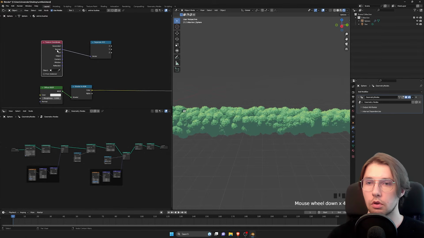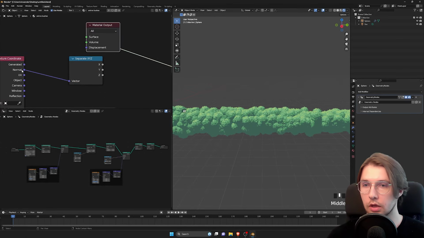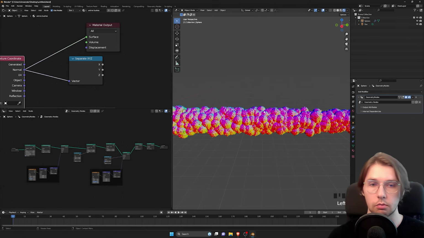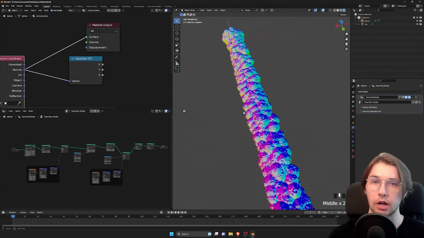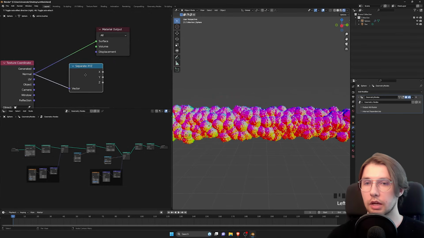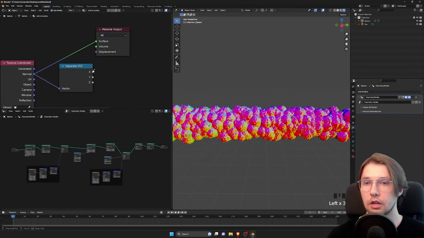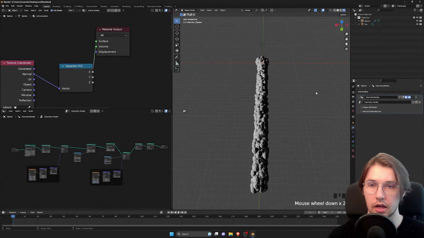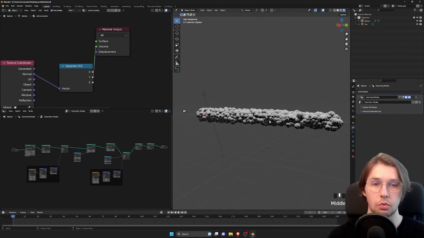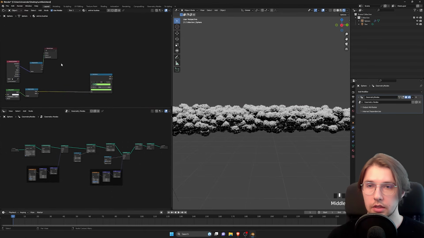Now, if you don't know what normal is, we can actually preview this to give you an example of what I'm talking about. If we preview the normal, you can see that we have this gradient of lights coming from different directions. And in here, we have separate XYZ, where we separate it by the directions. So if we choose X, for example, we have the gradient coming on the X axis, same with Y and Z. And Z is what we are actually interested in, because we can take this and we can mix it